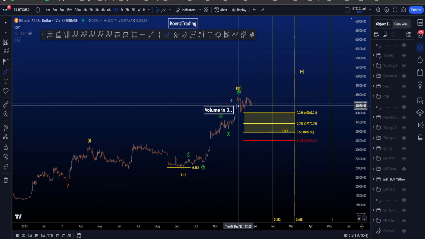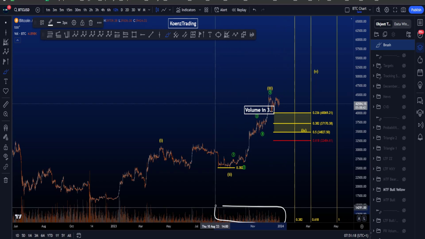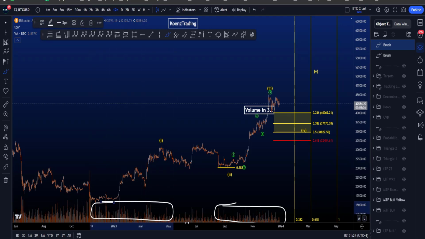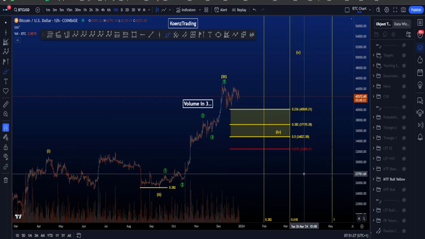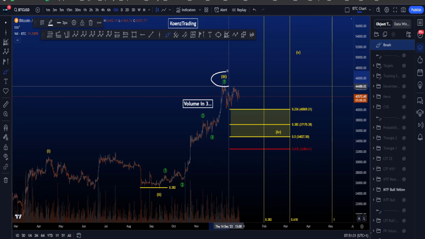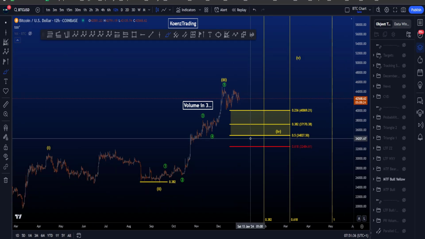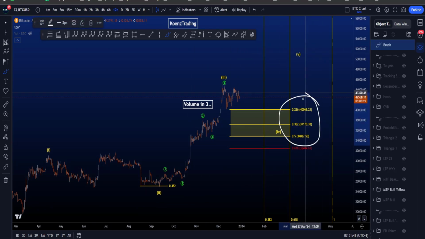Now you can see I wrote down the volume in 3, and that is because the volume is relatively low in this wave 3 over here. You can see the volume in the impulse in 3 compared to this wave 1, where the volume in wave 1 is on average higher than in wave 3, which is not ideal. It's not necessarily something you see very often, but it is a guideline that the volume in 3 is usually higher, and not a rule. So it definitely does not invalidate this particular scenario,